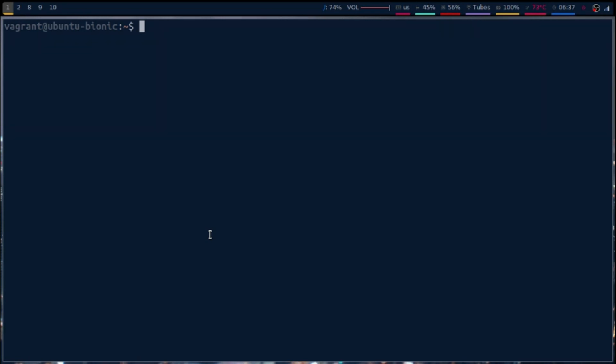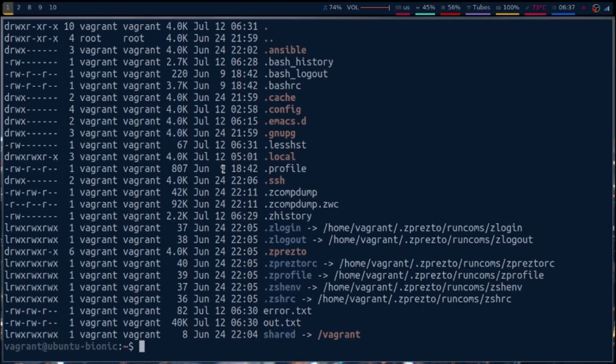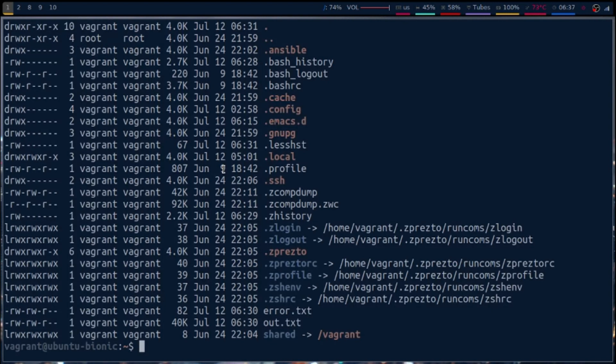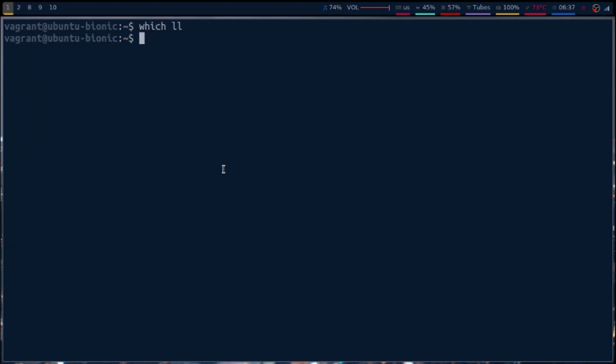So another common thing to do on the command line is to create a shortcut for commands that you're going to do often. So these are called aliases. So for example, a common alias would be, let's say this ls here, ls -l. So if we were to type alias, we'll call it ll equals, and we'll just put that in quotes, type enter. Now we can just type ll, and it'll run that command. And if I type which ll, we'll see that